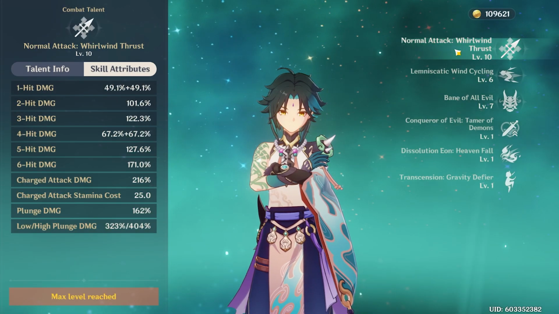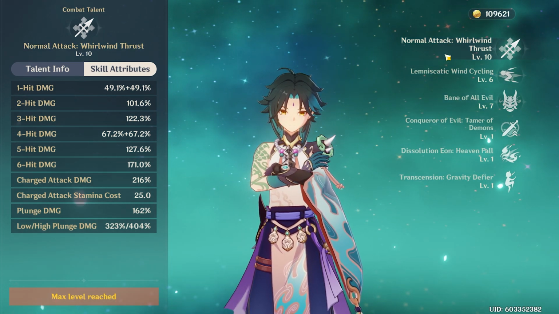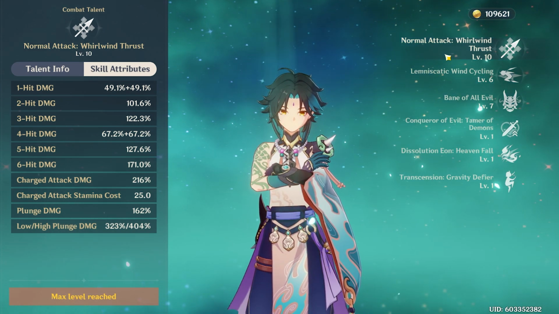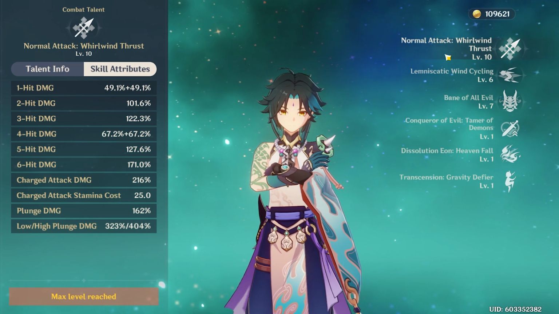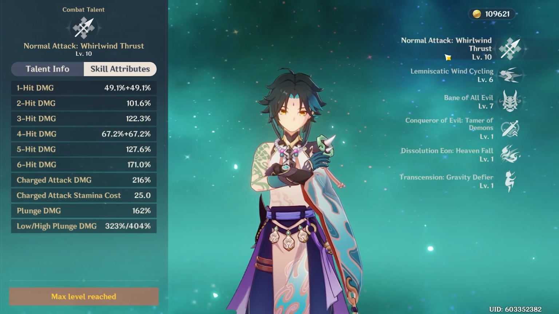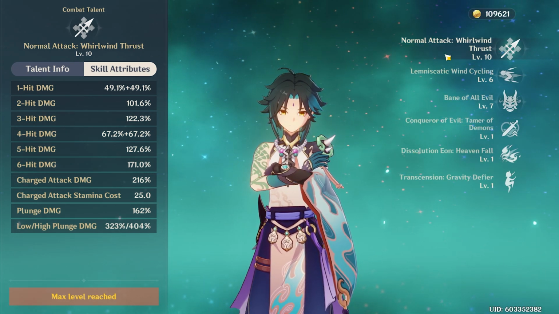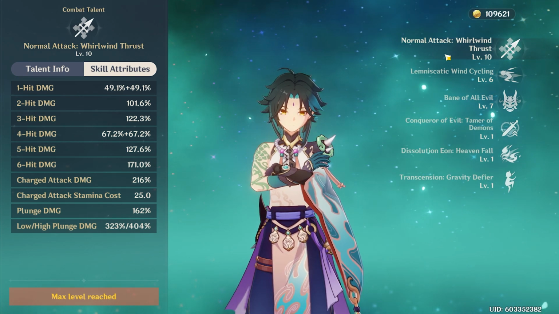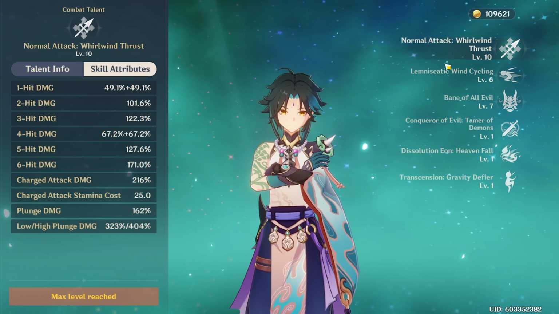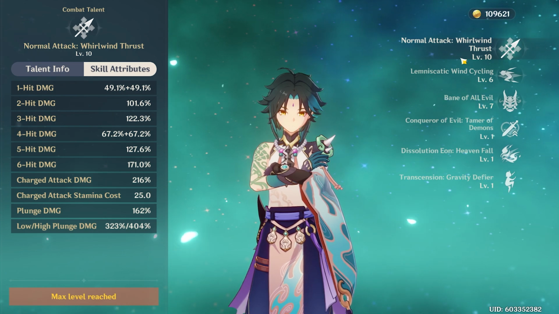But getting to level 10 talents is very hard in itself. Not many people can really do it because obviously it takes a lot of resources. You're gonna need a lot of books. You're gonna need the monster materials for it, and then you're gonna need the weekly boss drops. That's obviously luck based too. And then you're also gonna need a lot of mora. Like, it costs a lot of mora. I think level 8 to 10 talents, that costs over a million mora,